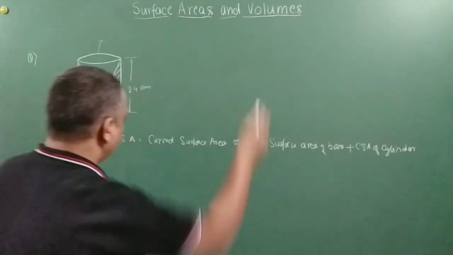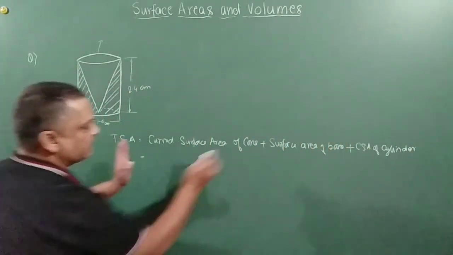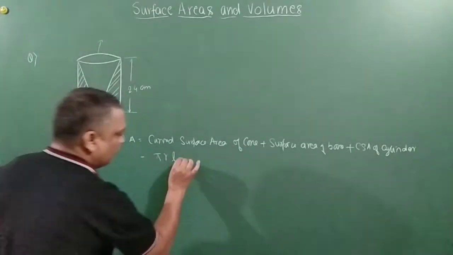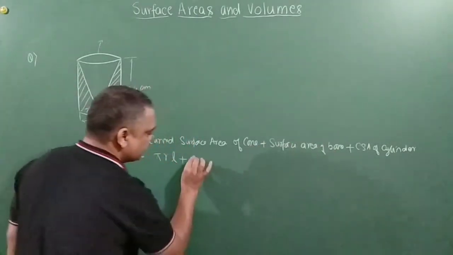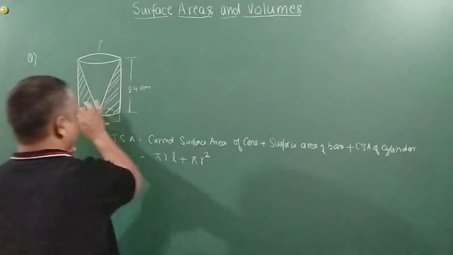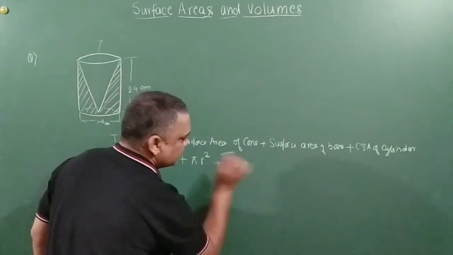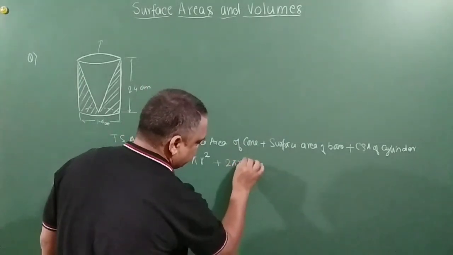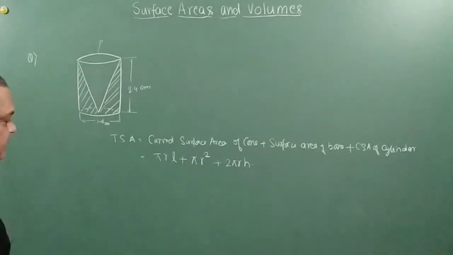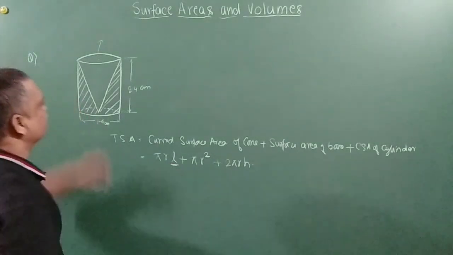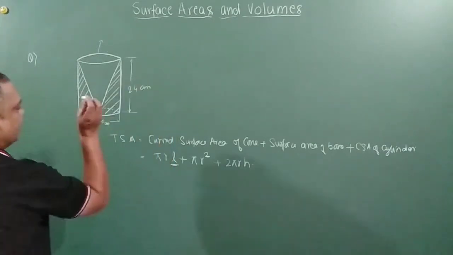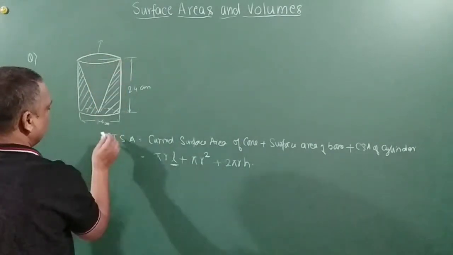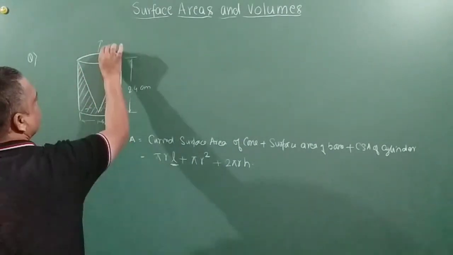Right friends? Okay. Now see, curved surface area of the cone is nothing but pi into R into L. Right friends? We all know that. Surface area of the base is nothing but pi R square, because it is a circle, right? Plus CSA of the cylinder. How much is the CSA of cylinder? 2 pi RH. Correct? Curved surface area. Now friends, L is coming here, so we need to first find L, right? So to find L, see, we know the height is 2.4, okay, and we know this also. This will be how much friends? Half of 1.4, that is equal to 0.7